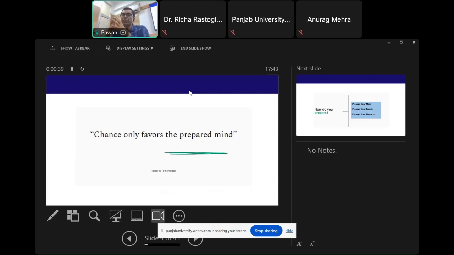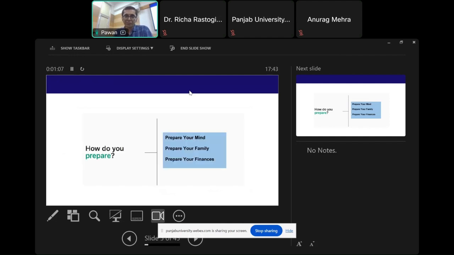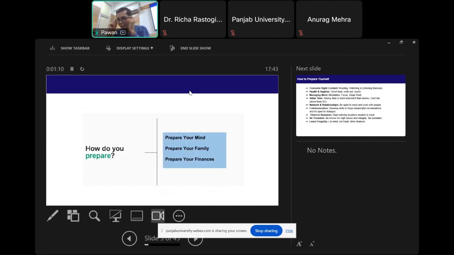So I'm sure you would have some reasons to start. It could be passion to solve a problem. It could be drive to make a lot of money. It could be that you have a technology which can be commercialized. It could be any reason which you are taking to run a startup. But whatever your reason, you need to be prepared for that journey. It needs a certain kind of preparation. An idea alone would not make you successful. It has to be implemented. So that brings us to what kind of preparation you need to run a startup.